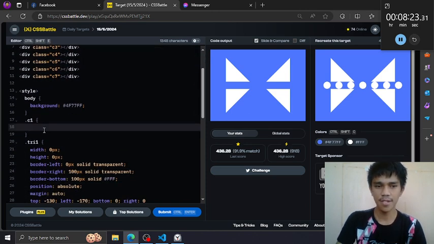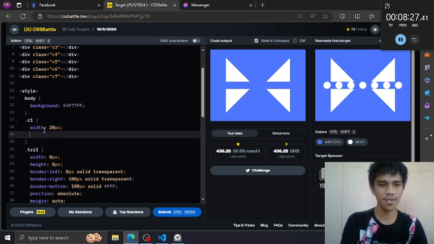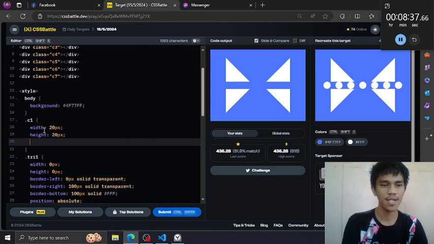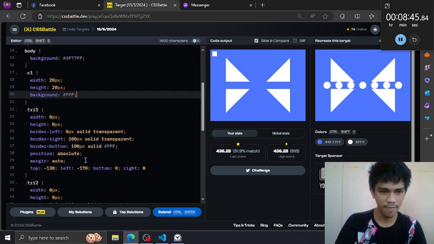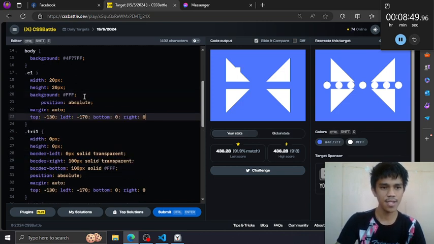So to create a circle, let's define width 20 pixel for now, height also 20 pixel. They must be the same size or the same value, right? And the color is white, so let's copy this and put this on the center. So we have a centering here, 3 lines.